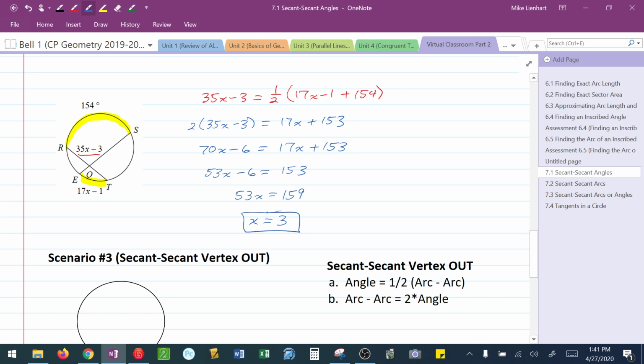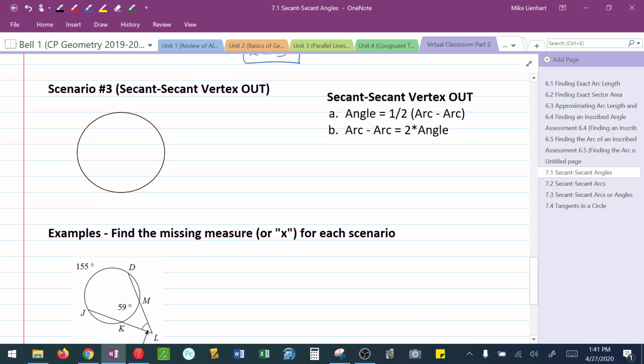All right? Notice how the 2 ways that I told you to do these, this was one way, this was the other way. The second way made more sense to help me to solve because I didn't have to deal with any fractions. Okay,